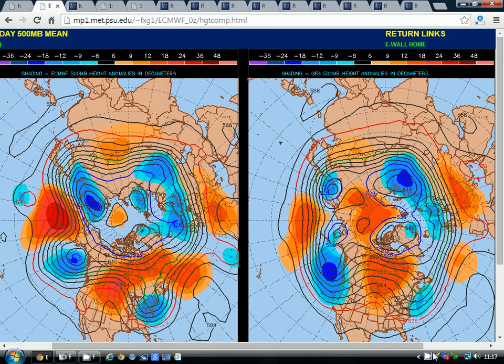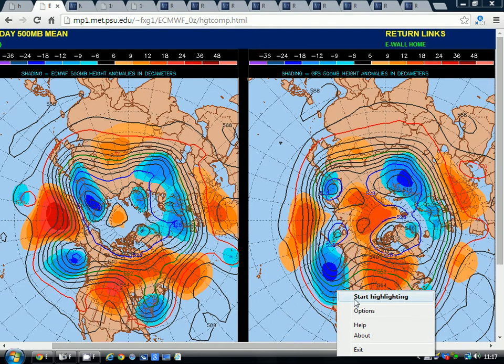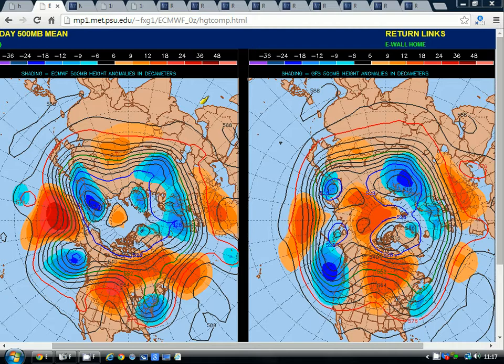Now, these are the 500 millibar height anomaly flow charts for the next 8 to 10 days time. We've got the ECMWF over on the left, the GFS on the right. 500 millibars, 18,000 feet, is an area in the atmosphere where we've got weather taking place, areas of high pressure, low pressure, essentially being moved around by the jet stream running above. Mean flow charts for 8 to 10 days time, so as I say, it's taking us to around the 24th